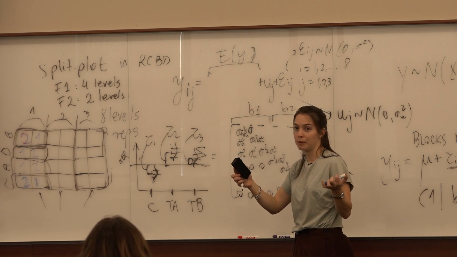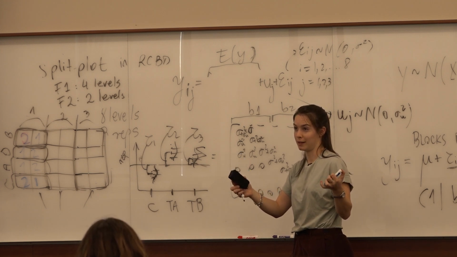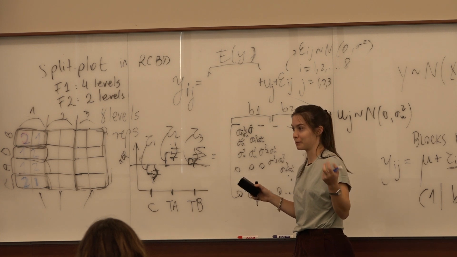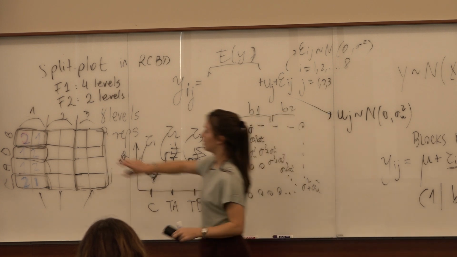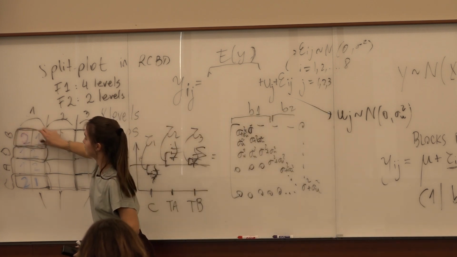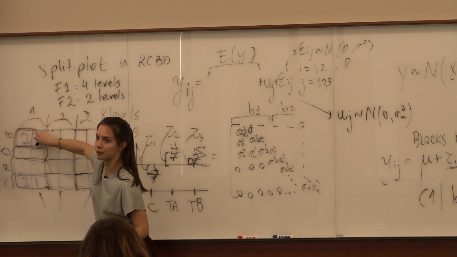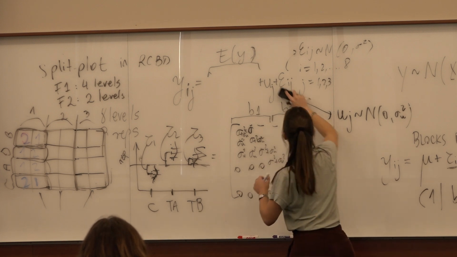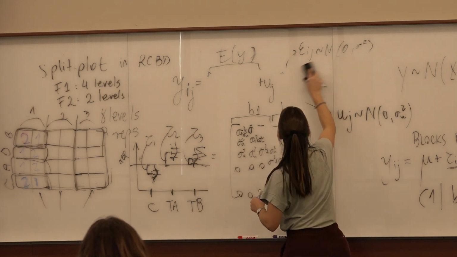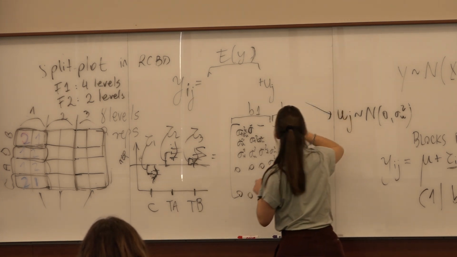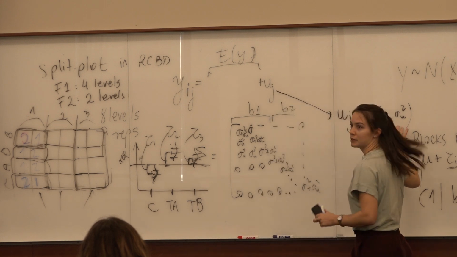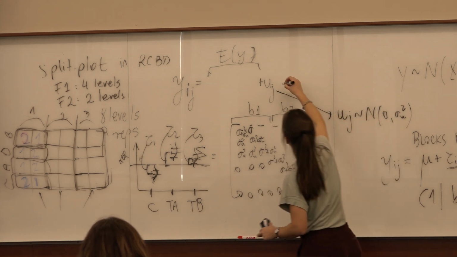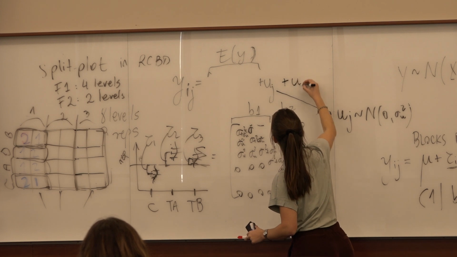We could call it mini block, whole plot in actual experimental design terms. Whole plot is this. Split plot is a small one, right? So the whole plot would be, this is the same, distribution is the same. Whole plot would be